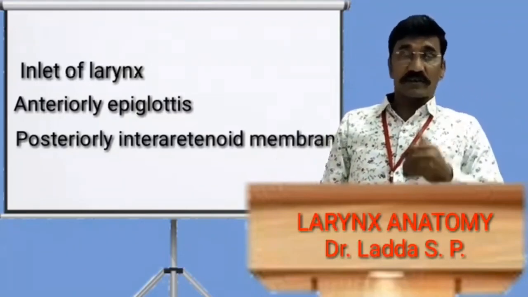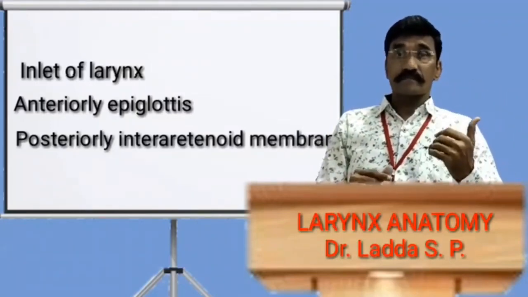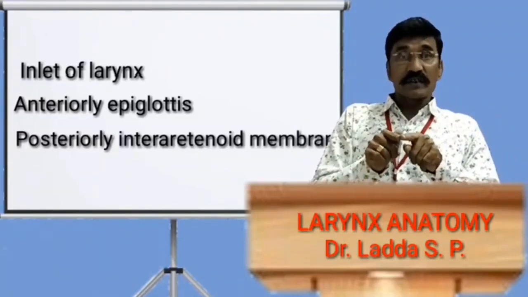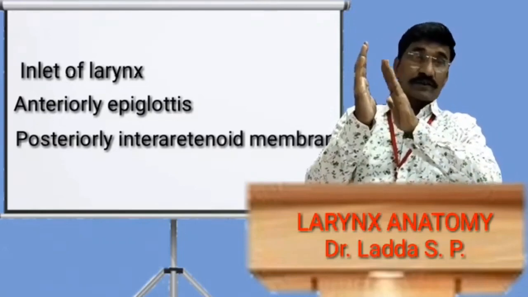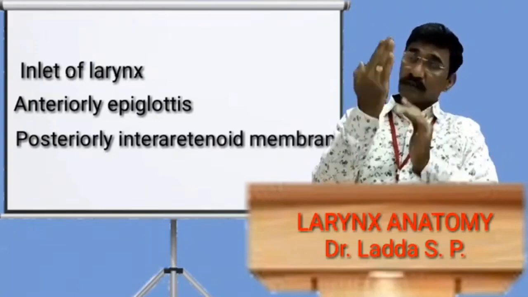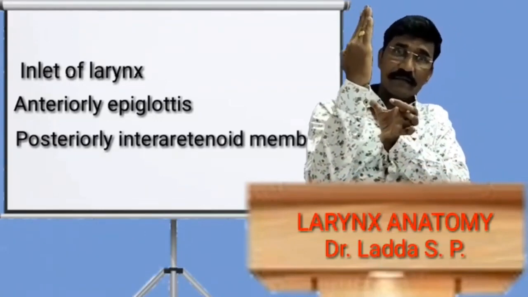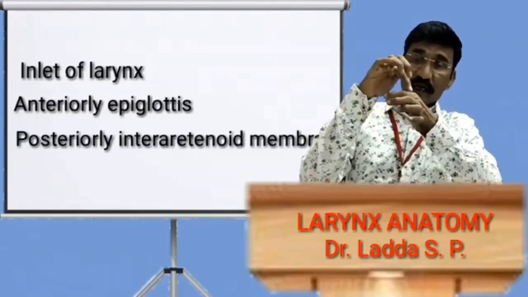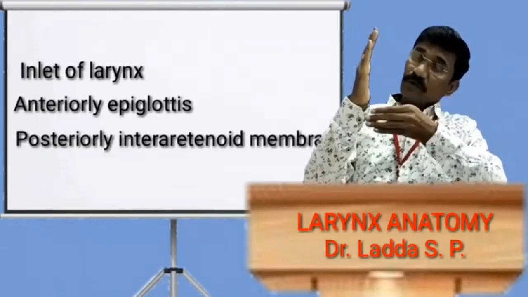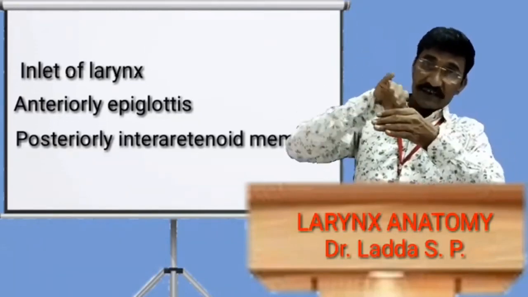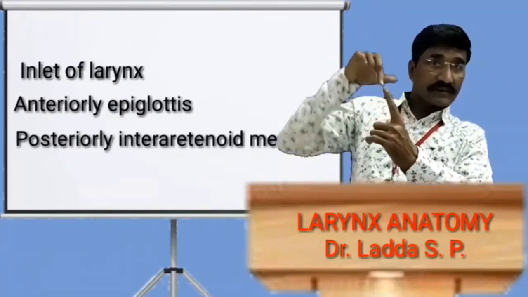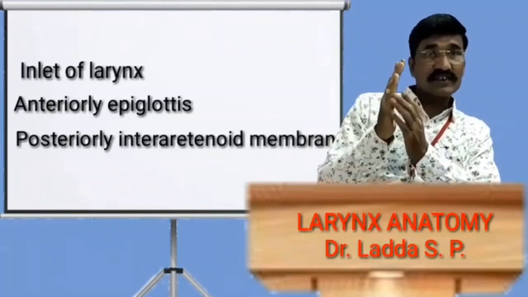In the last video we discussed that the epiglottis is a leaf-shaped cartilage, having right and left borders. Now this is the epiglottis, this is the cricoid, and here are the arytenoids. These arytenoids are giving mucous membrane fold extensions to the epiglottis. Now the extension from one arytenoid and the extension from another arytenoid, and these extensions